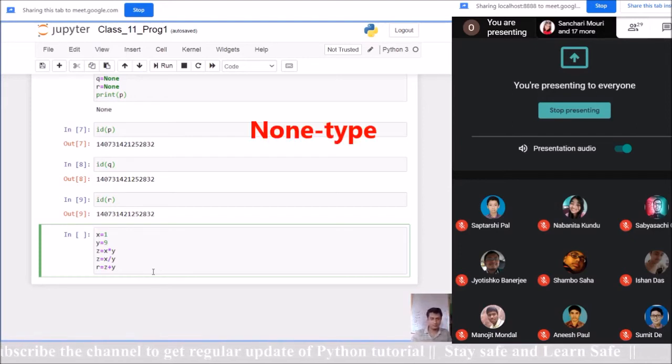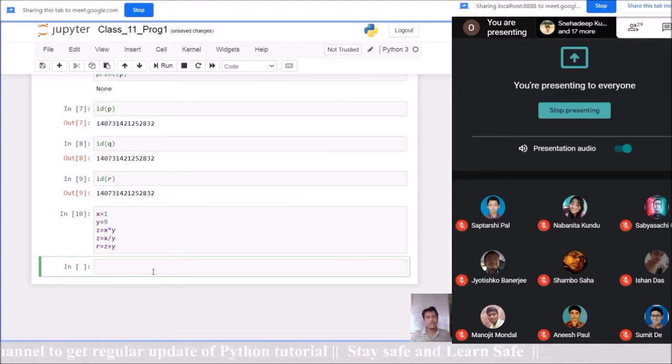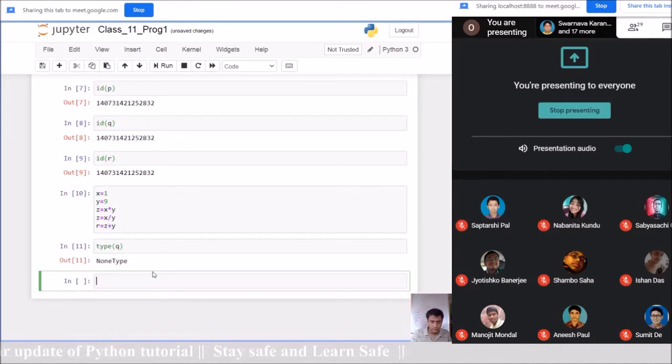Now, under another part, it is coming type. So type of None, you have already seen. Type of Q, it is NoneType. You have seen it is NoneType.